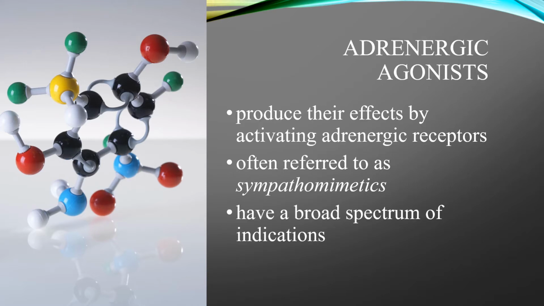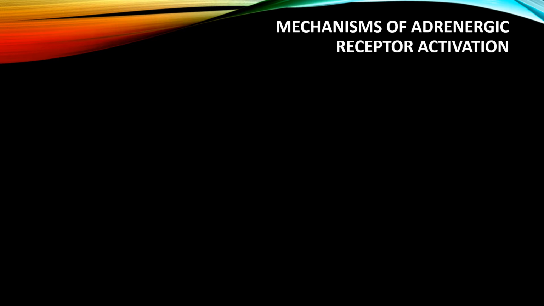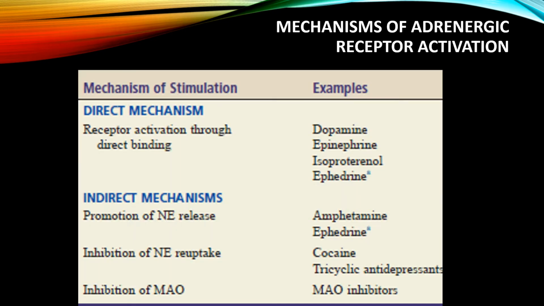And adrenergic agonists have a broad spectrum of indications, ranging from heart failure to asthma to preterm labor. Now, for the mechanism of adrenergic receptor activation. For the direct mechanism, receptor activation through direct binding is the most common mechanism. It activates the peripheral adrenergic receptors and produces its effects by binding and mimicking the actions of the natural transmitters. Examples will be your dopamine, epinephrine,